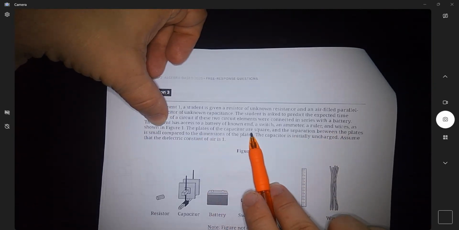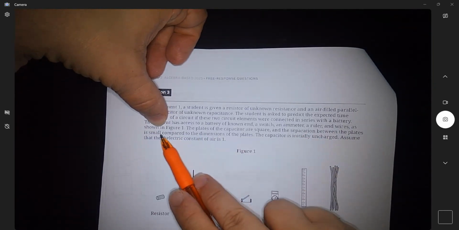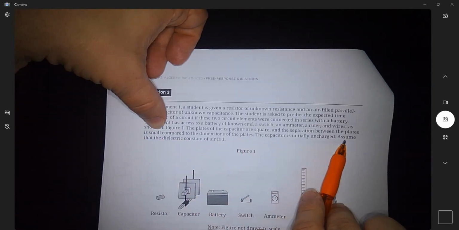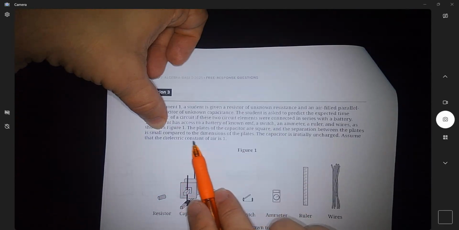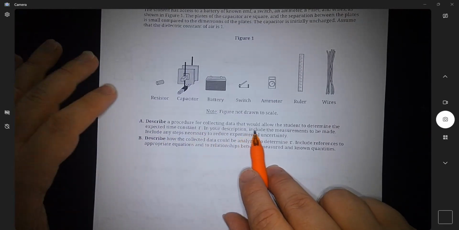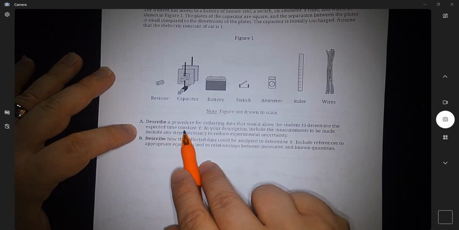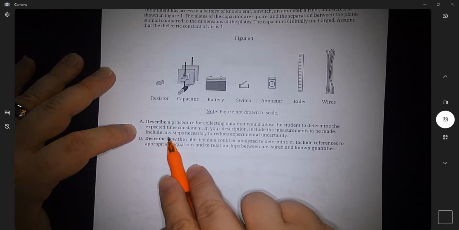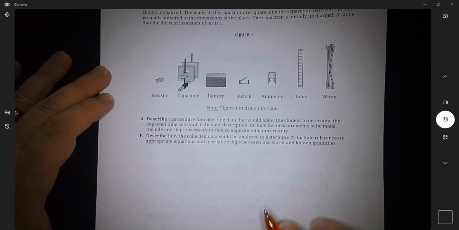The plates of the capacitor are square, and the separation between the plates is small compared to the dimensions of the plates. The capacitor is initially uncharged. Assume that the dielectric constant of air is 1. Describe a procedure for collecting data that would allow the student to determine the expected time constant tau. In your description, include measurements to be made, include any... gosh, I'm not entirely sure how I would do this